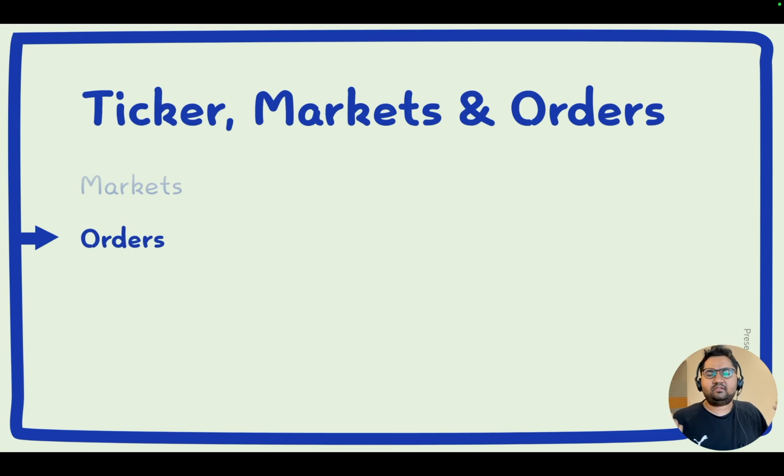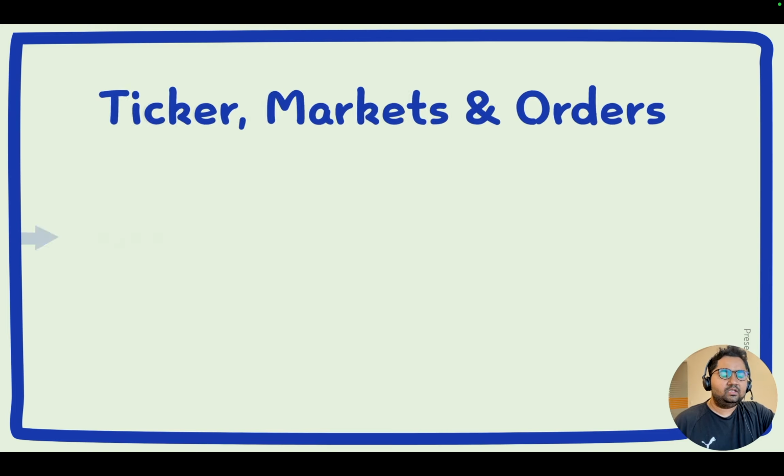So, ticker is the smallest element. It's basically the stock that you're trading in. Market is where you're basically trading. So, you could be trading in derivatives, you could be trading in options, you could be trading in stocks. Markets is where you trade. And orders are basically the things that you use to trade. So, orders could be your day orders, your CNC orders, your market orders, and stuff like that. So these are foundational elements. Before getting into algo trading, it's a very good idea to gain a nice understanding of these three concepts as